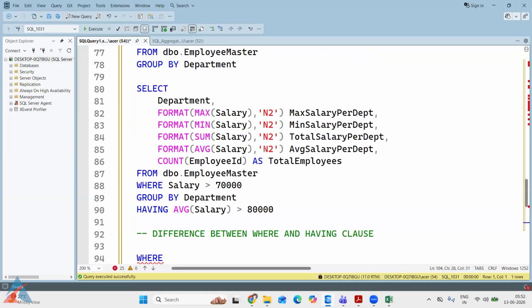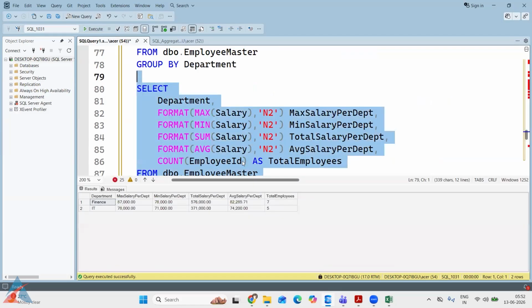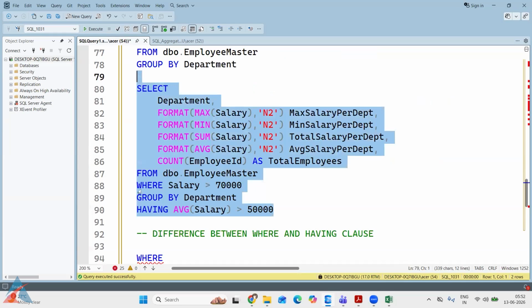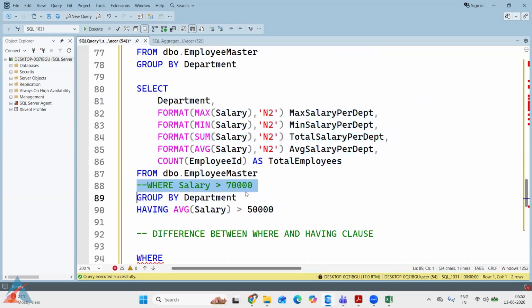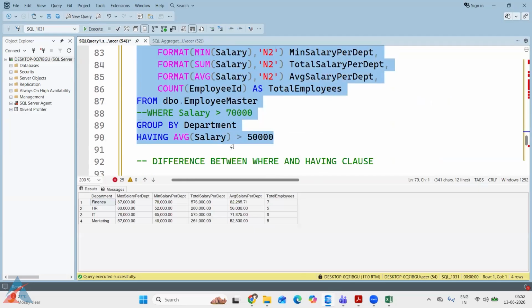Okay, so let's say I use this as 50,000 and I would just execute this. We are getting 2 records again. I'll remove this condition. We are getting all 4 records. Okay, now let's say this result is there and you want to order these results